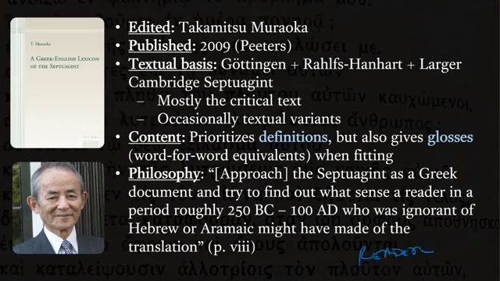In other words, he is a reader-focused lexicon, in terms of the ancient world. And that very much shapes the way he goes about his work. And really puts him outside of, like, the NETS philosophy, the New English Translation of the Septuagint. I'll cover that in a separate video.